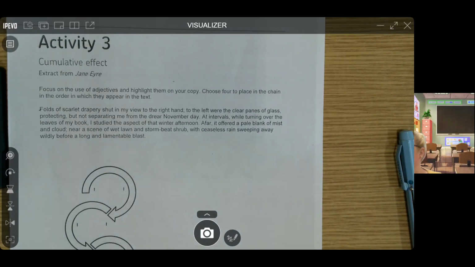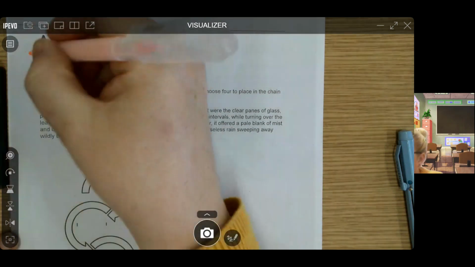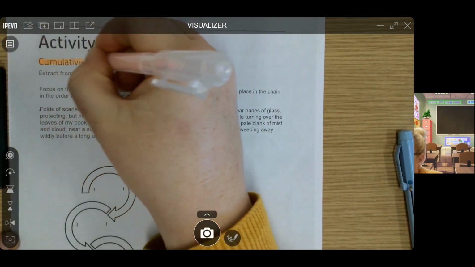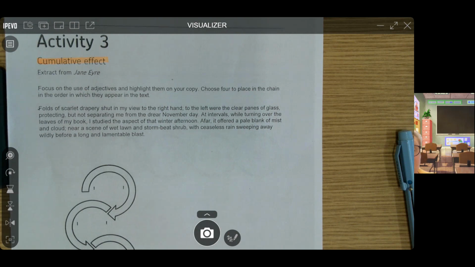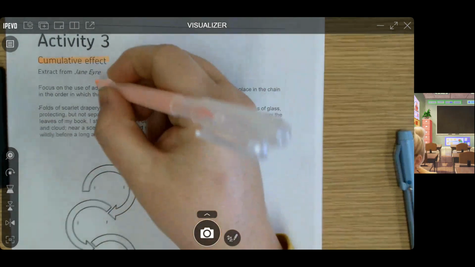Hi, so this is a very quick video looking at language analysis. So that's AO2, that's paper 1, question 2, and paper 2, question 3. And what we're going to focus on is what's called cumulative effect. That's where you identify groups of words, and then you talk about how those groups of words come together to create specific meaning. So let's look at this extract from Jane Eyre,